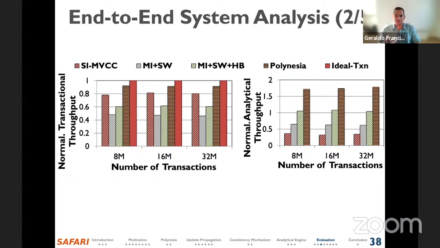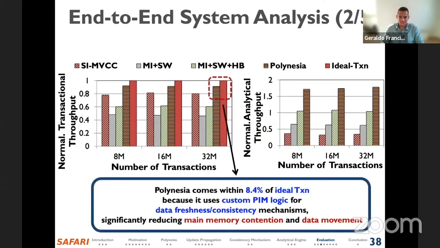Second, Polynesia can provide 91.6% of the transactional throughput of the ideal system due to its custom processing-in-memory logic for data freshness and consistency, and also a reduction in resource consumption at the main memory,